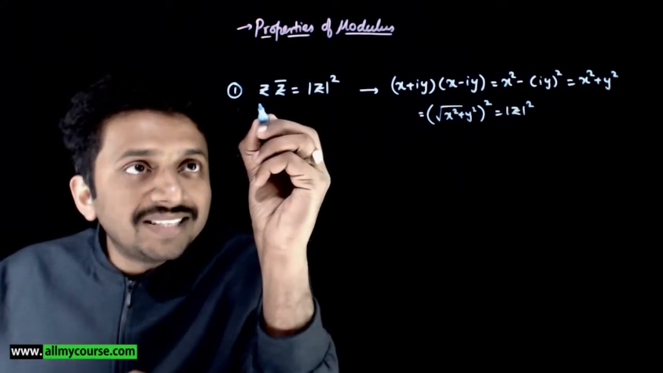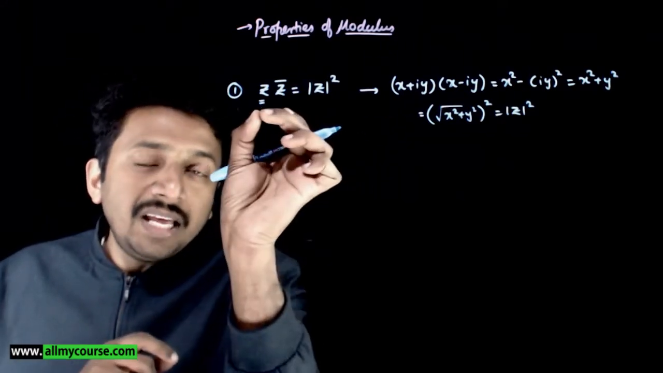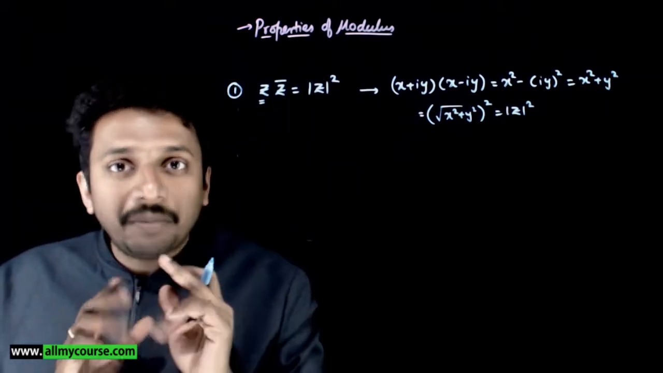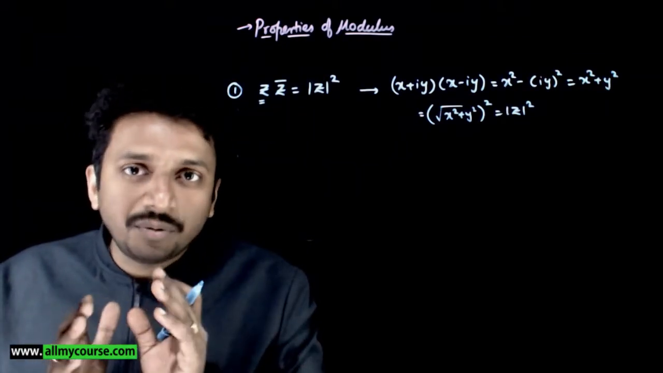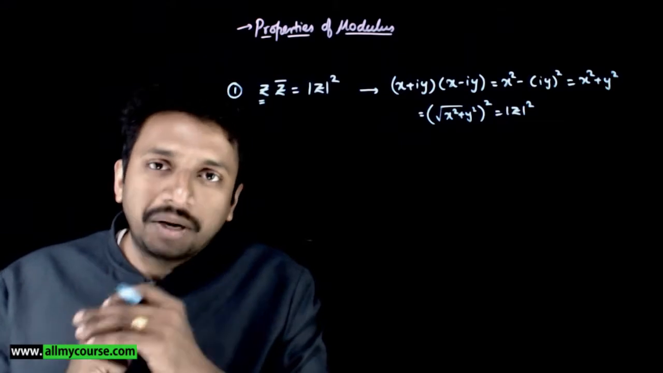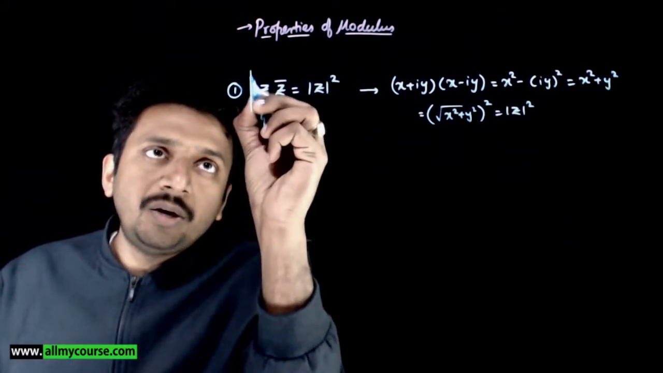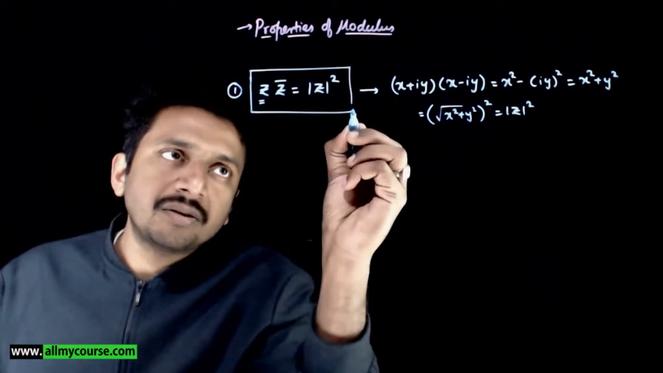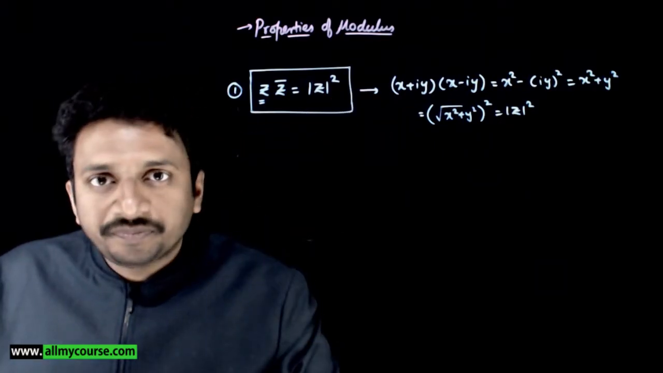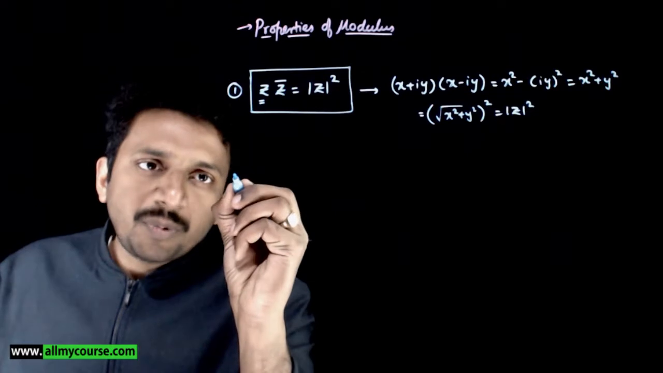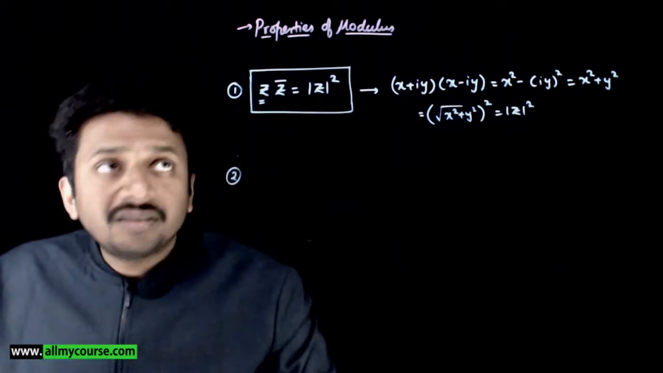So it doesn't need to be z here. Any complex number multiplied by its conjugate gives you its magnitude square. This property will be useful whenever you need to calculate the moduluses of complex numbers. So next property is